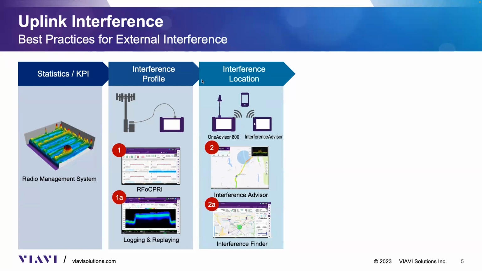But yet again, it's really important to know how that interference behaves. During the process of finding it, first, typically, it's to find a location or area. Certainly this can be done automatically by doing a drive test with the interference advisor, or it can be